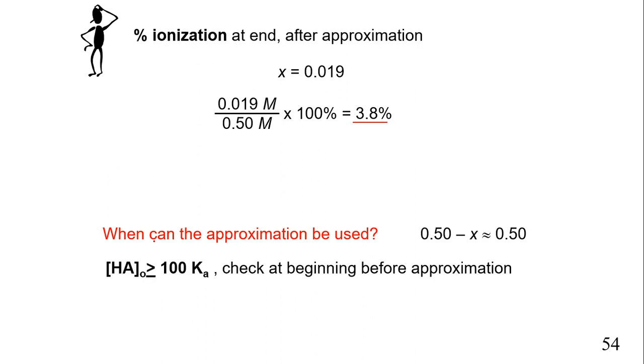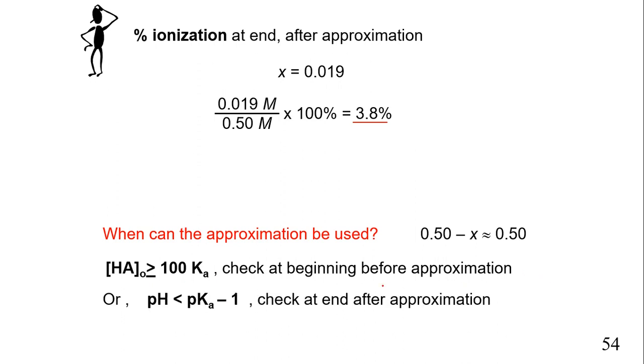And again, when can this approximation be used? We always use it in this course whenever C0, or initial concentration of acid, is greater than 100 Ka, and you check this right before. We will also check it right after. Some people assume it's negligible, and we're going to see this in some of the exam textbooks. Then we check, we see that the pH is less